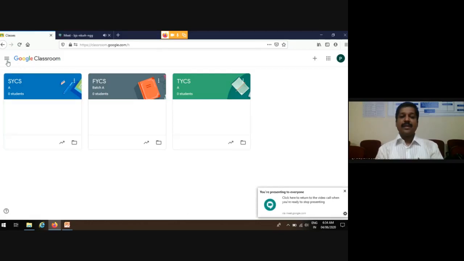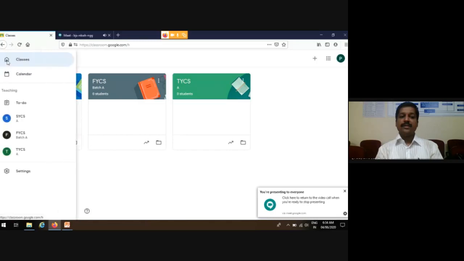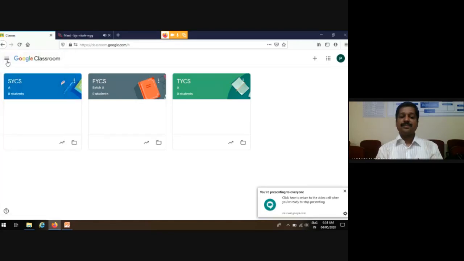Here, first we will check how to create our own class. I will go to the left hand corner of my window. There are three horizontal lines. I will click there and click on classes. Now on the right hand side, this is what we call the dashboard.